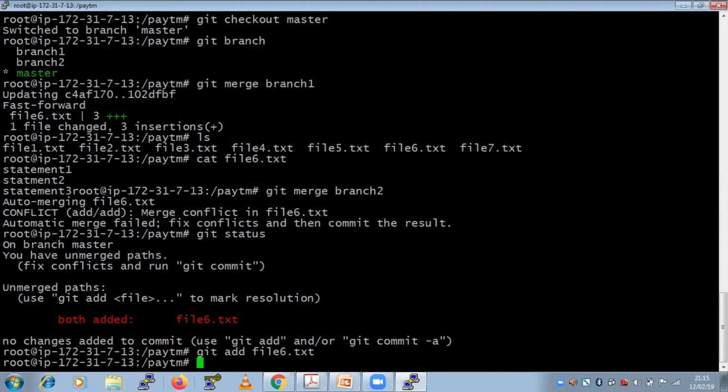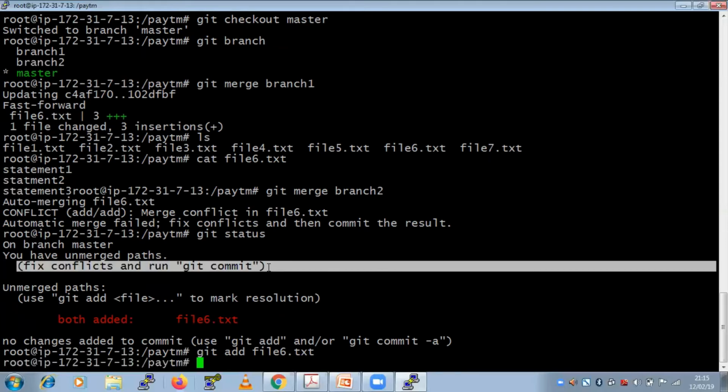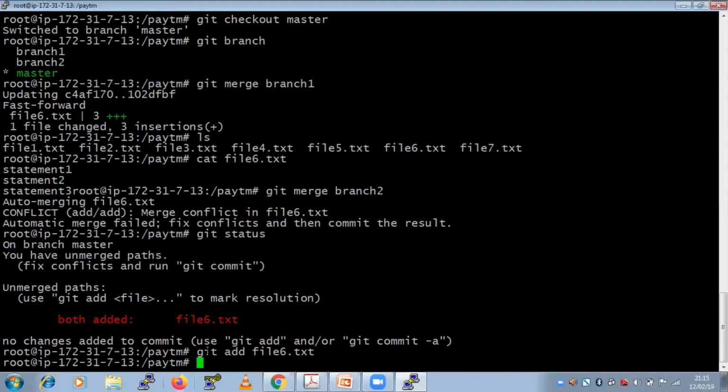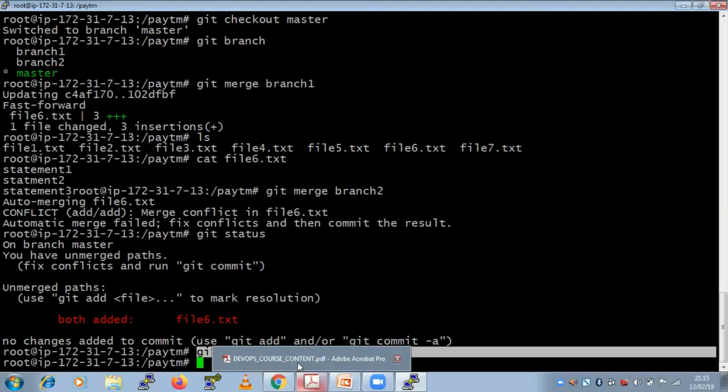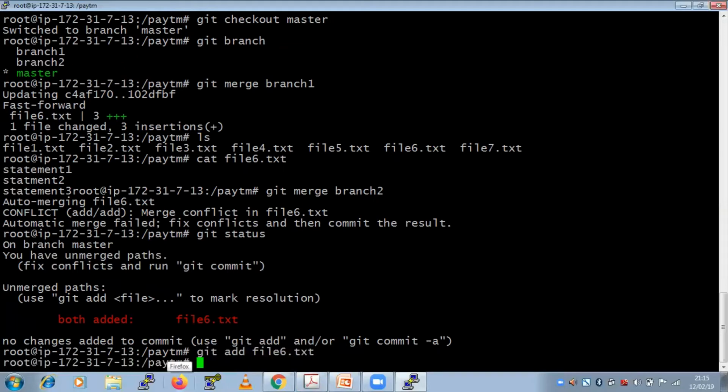The first step I'm doing here, guys, just see carefully. What I checked first is I see a conflict issue, then I run the command git status first. In the git status command it is saying fix conflict and run git commit. Before that you need to add that to the staging area. Now what you need to do is commit this one, git commit -m